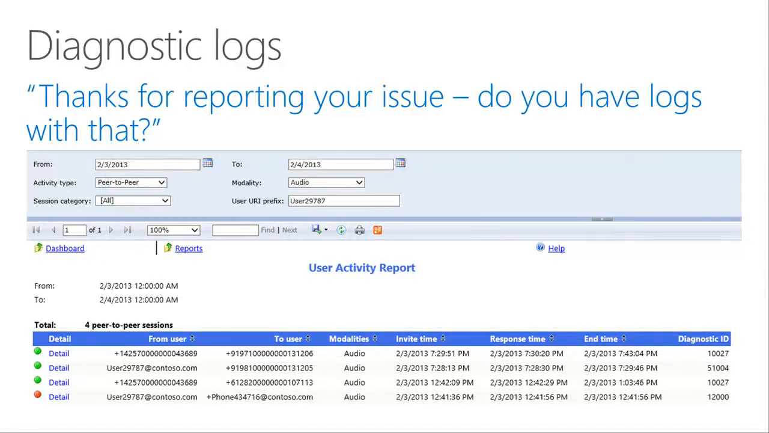So back to the user activity report. When you go back here, we filtered. Now I see any calls that are related to this user 29787. Any peer-to-peer call, whether they were the from user or the to user, would be listed in there. When you click through, you can see on the left-hand side I have this detail link. This is basically a hot link within the report. I can click on that, and then it takes me to the next step to actually look at the session